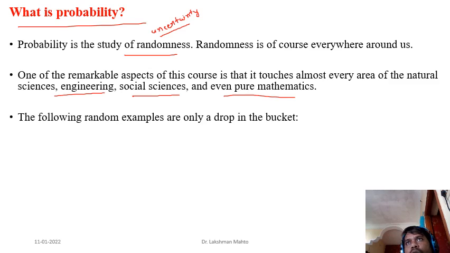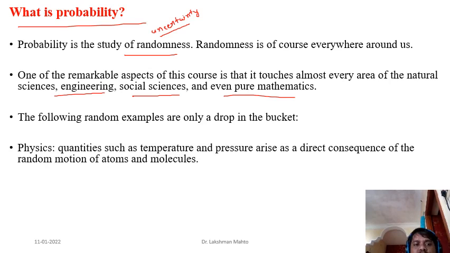Only one concept people used to say: if you observe the motion of planets, there you won't observe any randomness. Otherwise, there would definitely be a collapse of this solar system completely. If there were some randomness, it might have collapsed. So we always see the same pattern. Everything is happening in sunrise and sunset, in the same process. That's why there is no randomness in the motion of planets. Otherwise, everywhere you will see randomness.